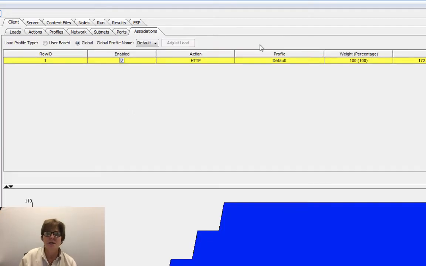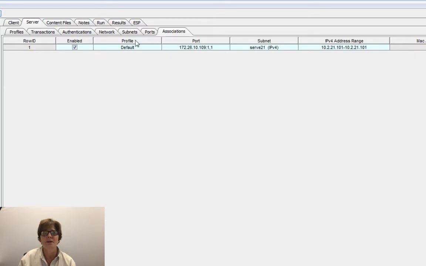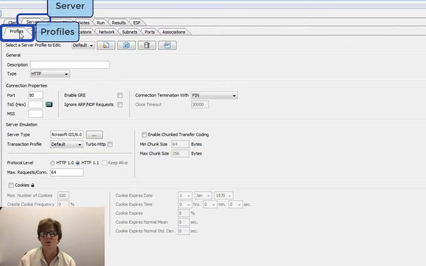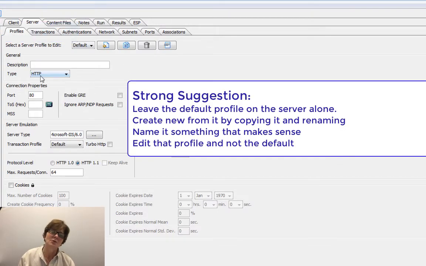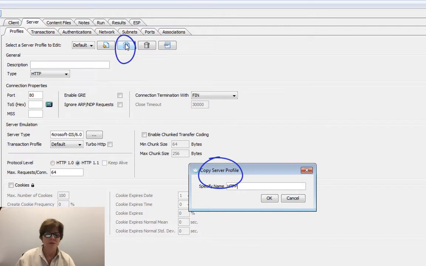Over here, I told you to ignore this default profile, and that's okay because I'm doing HTTP over here. But over here, we need to go back over to the server tab. It says profile, it's a default. The default over here is already doing HTTP, but I want to be more specific about that so I can troubleshoot. So again, I'm going to copy HTTP. If I could just spell it right, that'd be great.